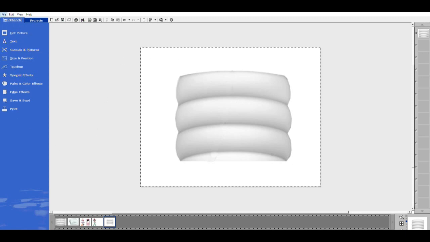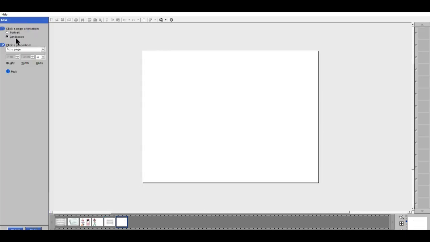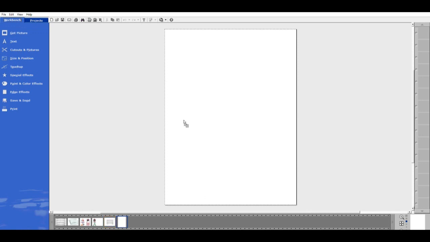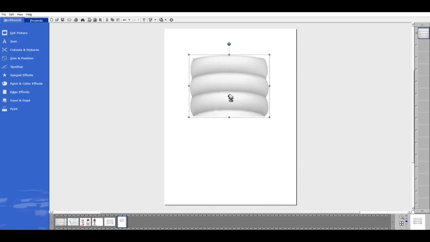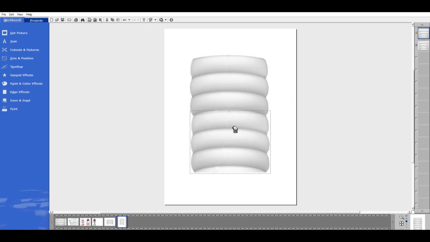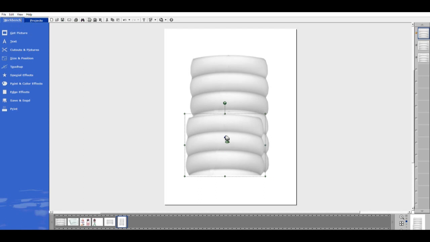So I'm going to go to New, and I'm going to make a portrait size instead of landscape. I'm going to put it in portrait position, and then I'm going to drag up this piece that I was just working on, taking that line out of, and I'm going to keep dragging up until I get, I think I made it 2 of these, and then the last one to make the bottom portion, I'm going to bring it up again, but now I'm going to flip this one around so that it's